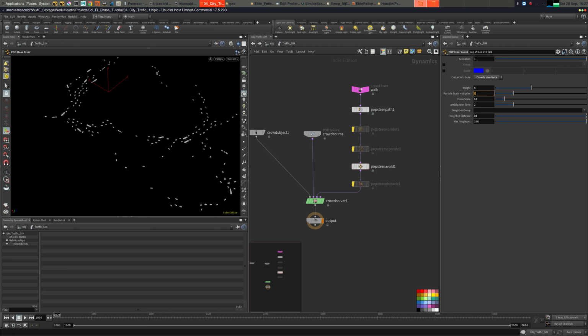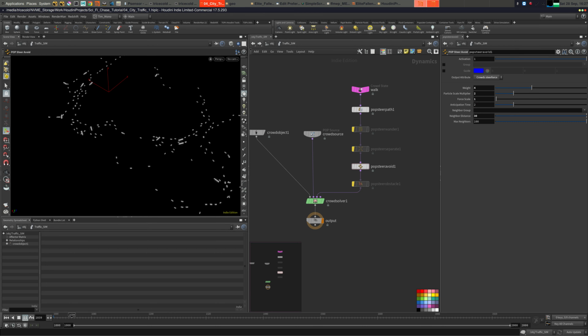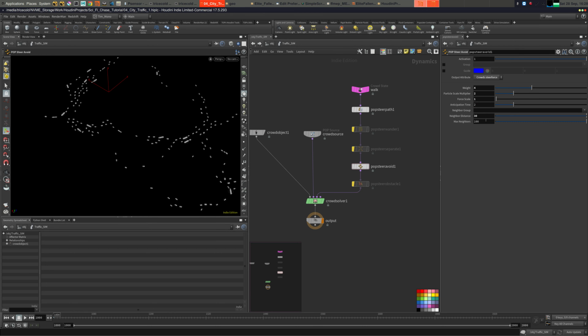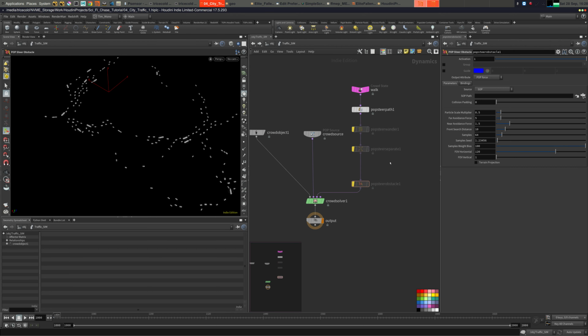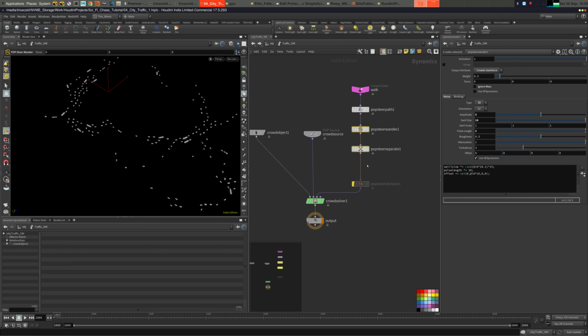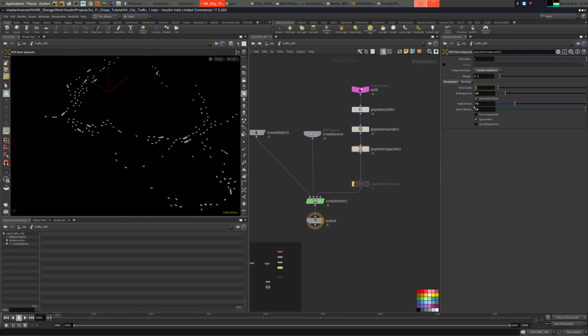So let's go 4, scale 1. Let's see if that does anything. No, still catapults them. Okay, I'll have to investigate that one a bit more, but I think so far these guys are doing a better job. Pop steer separate, so we can go braking force maybe. If we go 4 and maybe radius 40. Okay, they do a better job now. So I'm gonna pause here now